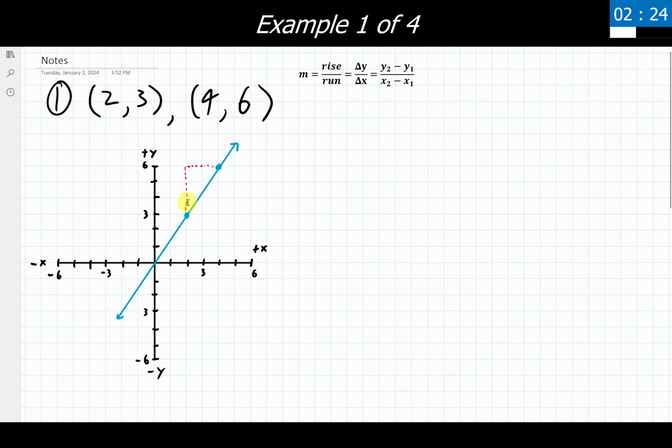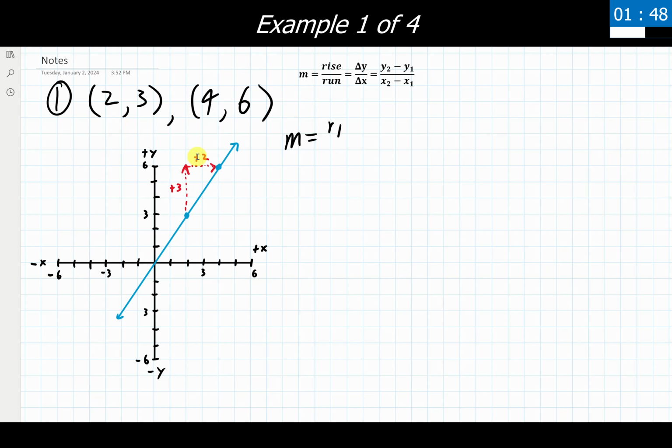A really nice part from here is now I just count up. How many spaces up did I go? Well, I went up 1, 2, 3. So we call it a positive 3. And then I'm going to the right in the positive direction by 1, 2. Okay, so it's a positive 2. Some people like to put arrows on these just to show the direction we're traveling in. That can be helpful. You're welcome to do that. So I went up 3, then over 2. Great. I now have my rise over my run, so I can write this out off to the side here.